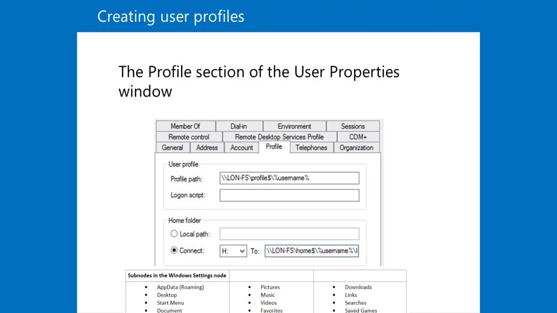When users sign out, their desktop and app settings are saved to a subfolder that matches their username in the C:\users folder on the local hard disk. This folder contains their user profile. Within this folder, subfolders contain documents and settings that represent the user's profile, including documents, videos, pictures, downloads, and application